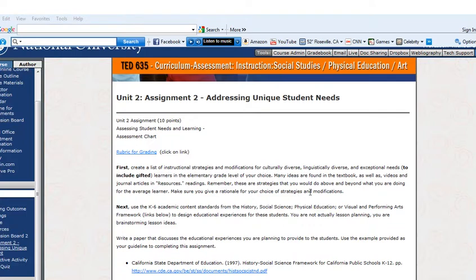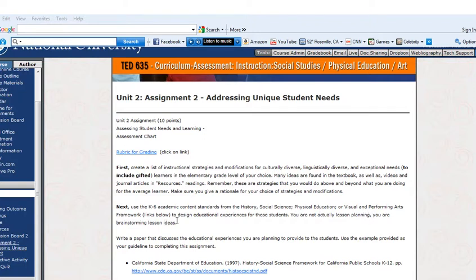Remember, these are strategies that you would do above and beyond what you're doing for the average learner in your class. Make sure you give a rationale for your choice of strategies and modifications, things you're going to change in your classroom. Next, using the K-6 academic content standards from the history, social science, physical ed, or visual and performing